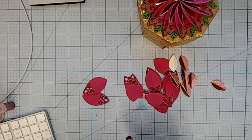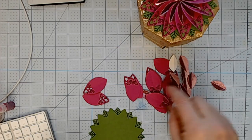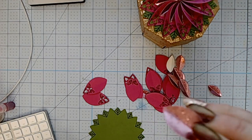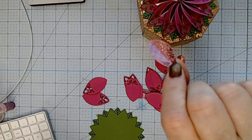This is called the Diwali Lotus. And it's a Make It Now project. All you got to do is click Make It. It's sized and everything. Super easy to cut. They use shimmer paper. I use sparkle paper because I like the color, the pink color better with this pink that I was using. But any colors you want to do